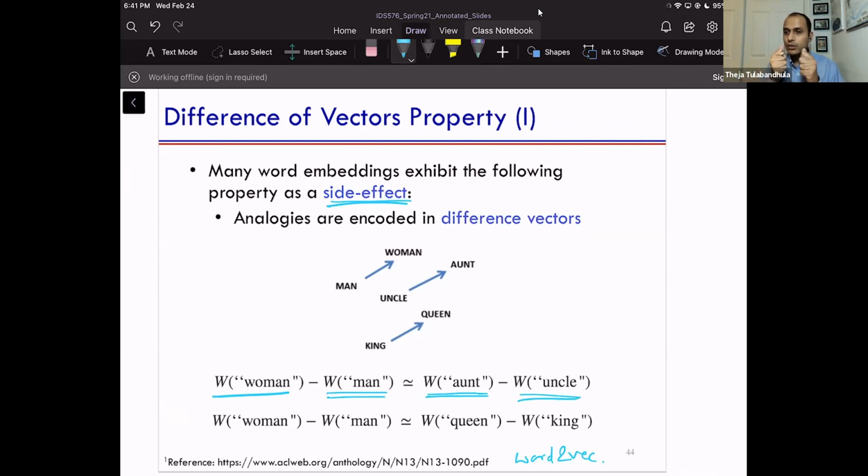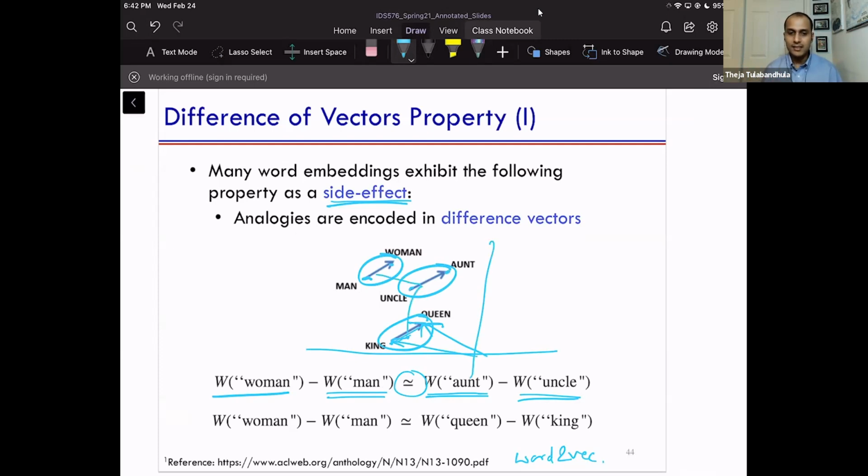It turns out that those two arrows could be pointing in the same direction and have the same magnitude, and that's what the symbol is trying to say: they have similar directions and similar magnitude. So this vector is similar to this vector, is similar to this vector, and these are supposed to be difference vectors. You can think of a vector space where the difference between queen and king is this vector pointing over there, and you would see similarities between things like this.